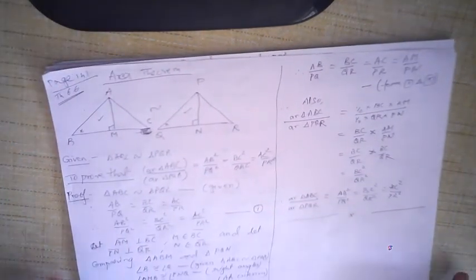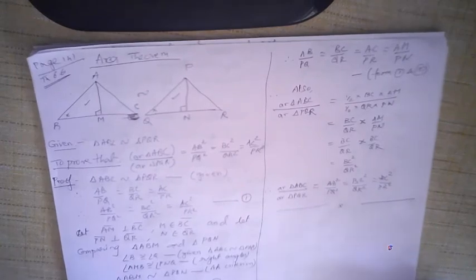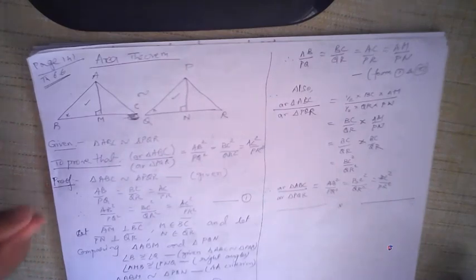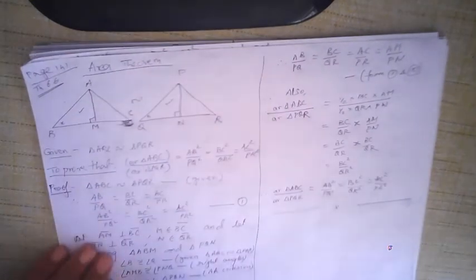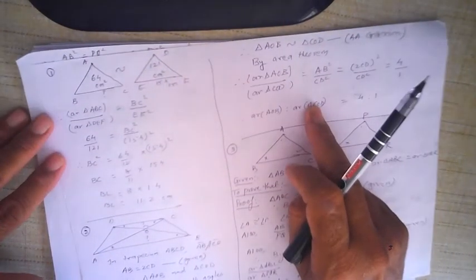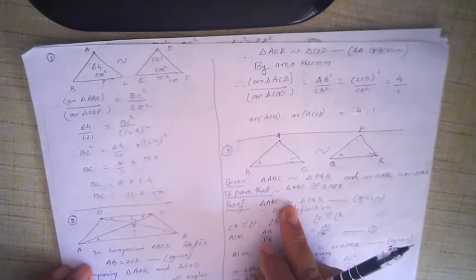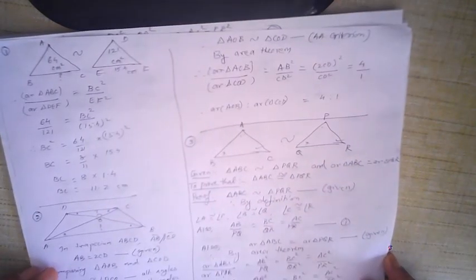You cannot avoid this. As I said, 6.1, 6.2, Pythagoras theorem, converse of Pythagoras theorem, and area theorem. You will definitely get one of these in the board exams. Unavoidable. You have to write this down in your notebook. From this video, you just write it down and learn it up 2 times, 3 times, practice it. Area theorem practice. Then after that, we did 2 simple calculation problems based on area theorem and 1 proof based on area theorem. And I think that should be sufficient for today.